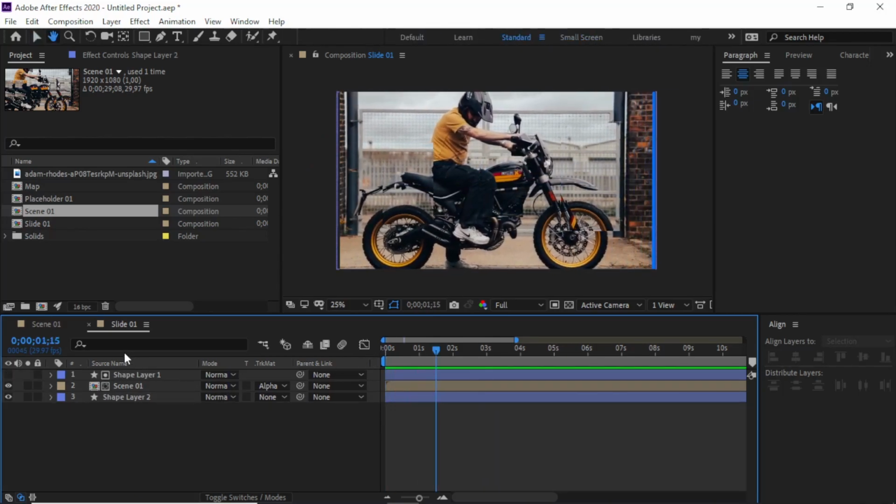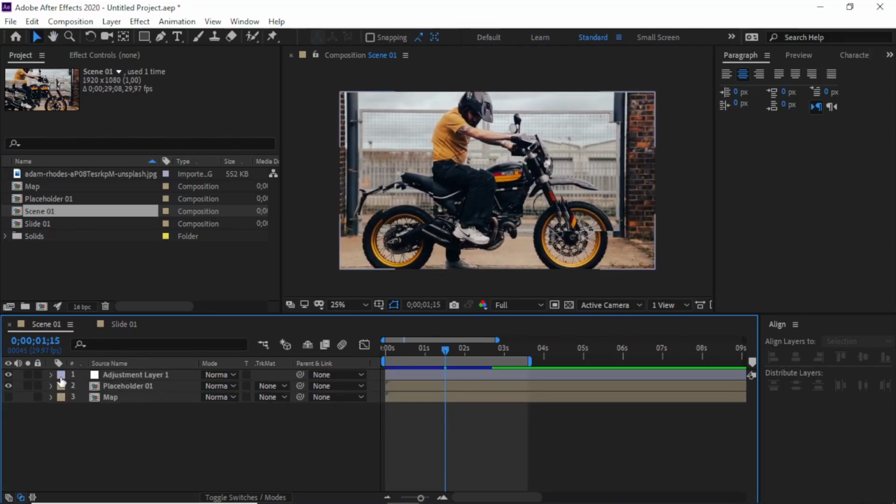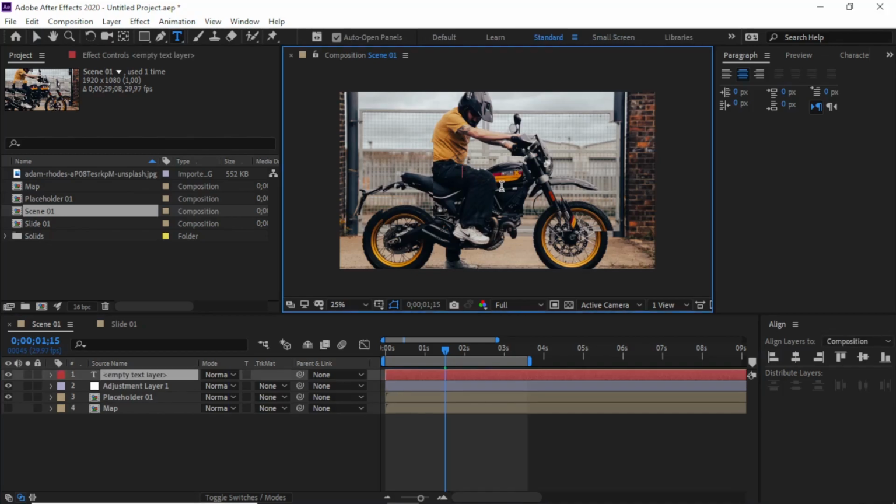So we back into scene 1, and then first we need to create text layer here, and we call it Talkbot show.